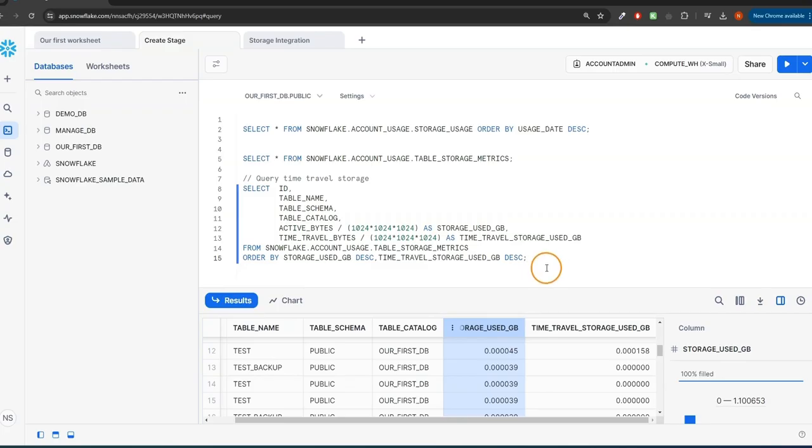And now that we have talked about time travel, let's now talk about the next component of the data protection lifecycle, which is failsafe. That's what we are